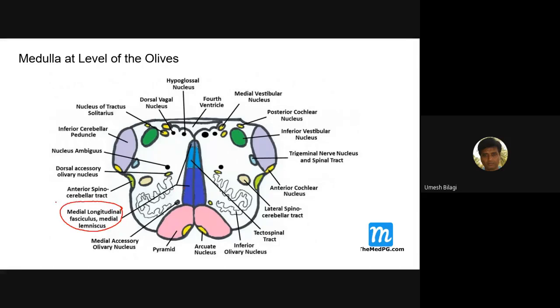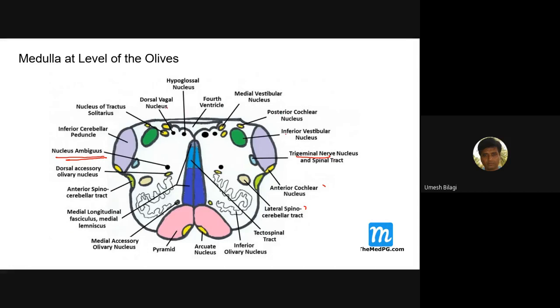And this one is the medial lemniscus, which is formed by the crossed posterior column. After crossing, the posterior column fibers form this. This is the olivary nucleus, which you are seeing here, and they form a prominence on the anterior aspect of the medulla oblongata, and this is the nucleus ambiguus here. And the lateral spinothalamic tract, you can see, anterior cochlear nerve, trigeminal nerve.